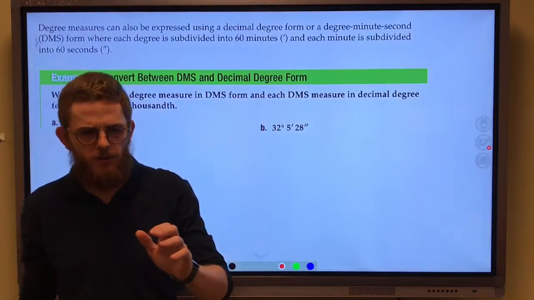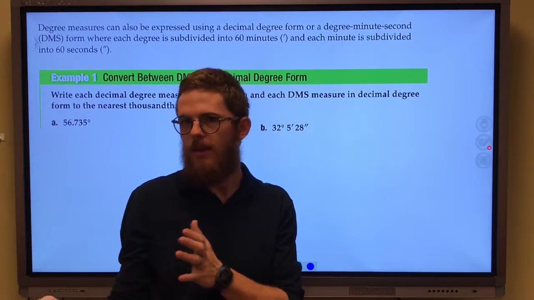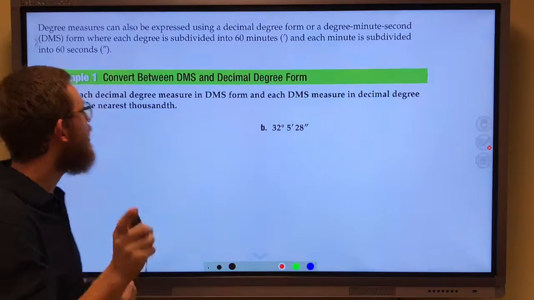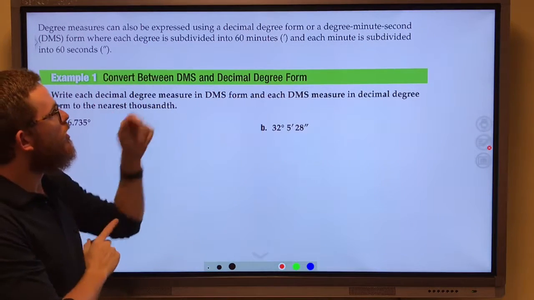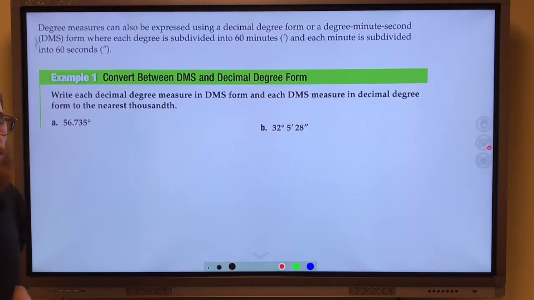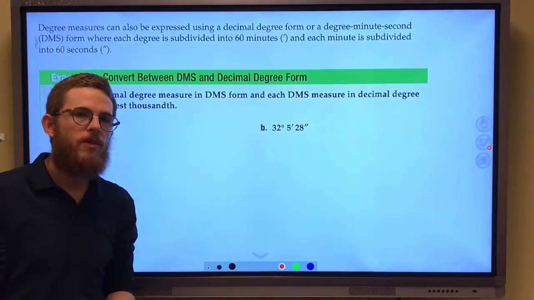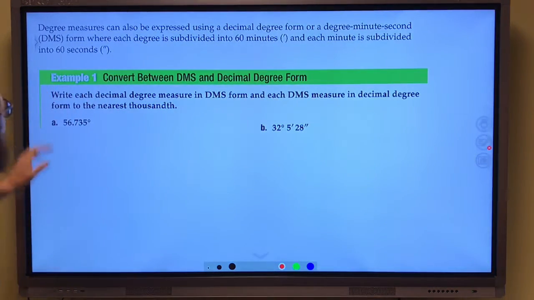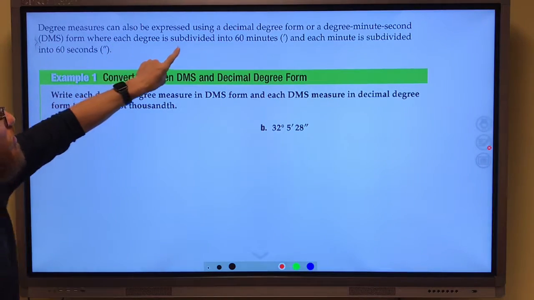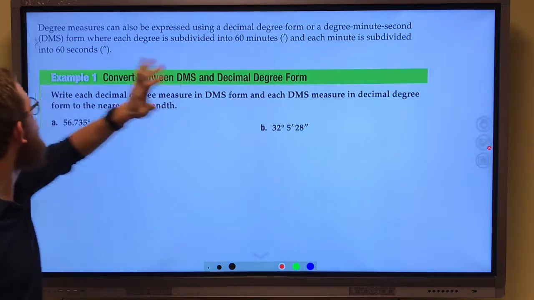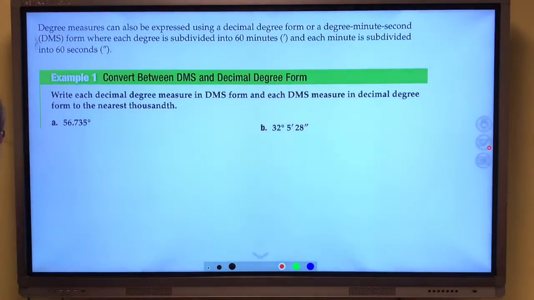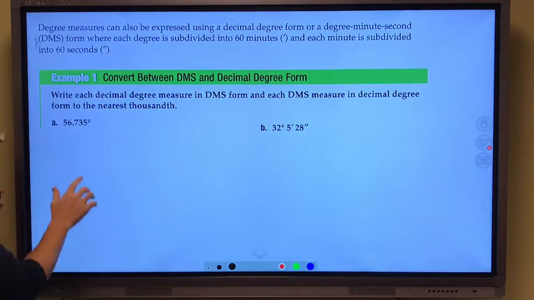Alright, so we're going to talk about going between degrees and something called degrees, minutes, seconds. Here it says degree measures can also be expressed using a decimal degree form, or what we call degrees, minutes, seconds, where each degree is subdivided into 60 minutes and each minute is then subdivided into 60 seconds. So if we're looking at this,